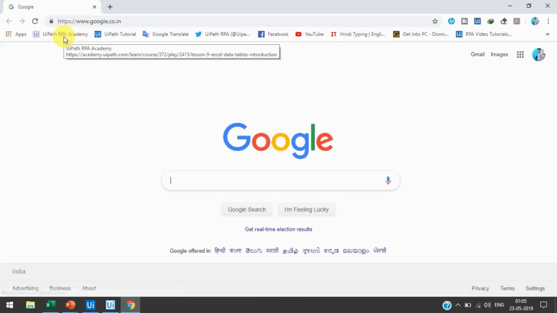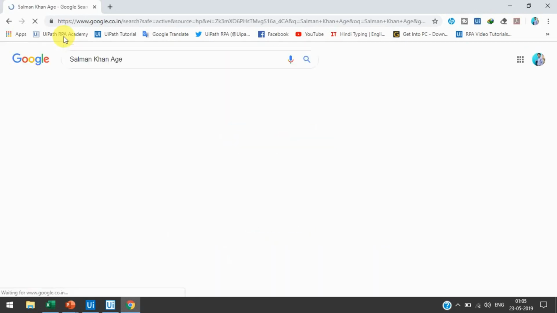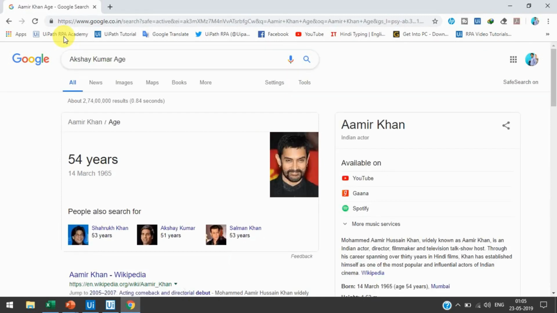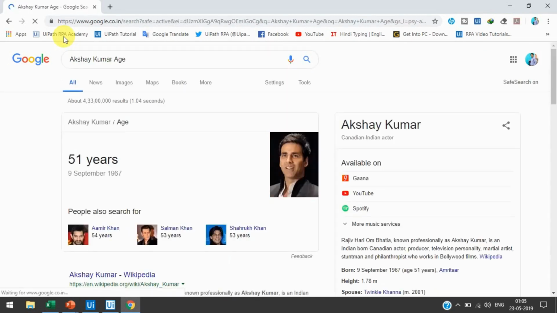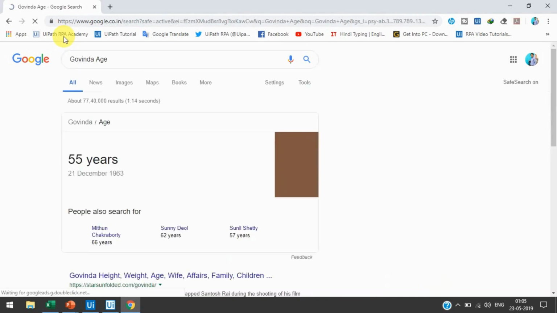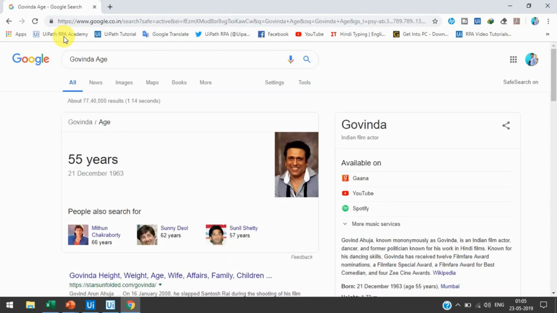So Chrome browser has been opened, google.co.in has been passed, and now it's passing the actor's name and it's trying to get the age here. So it's passing all these actors' names, and now let's see whether it's writing the age value in Excel or not.